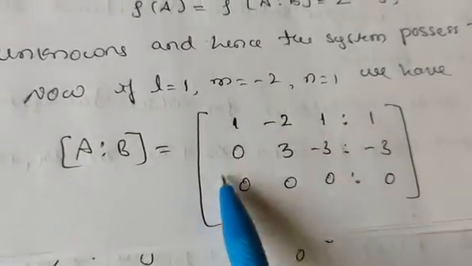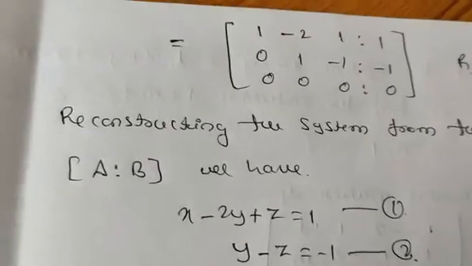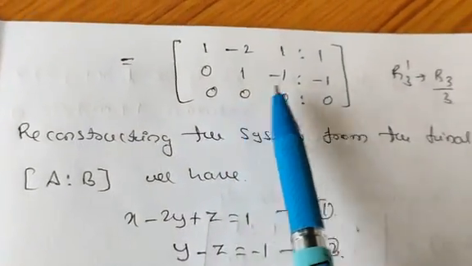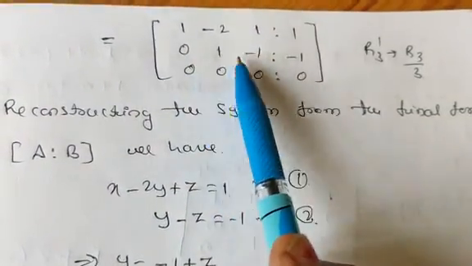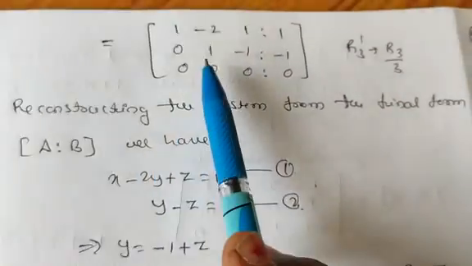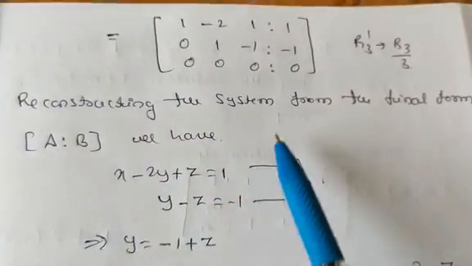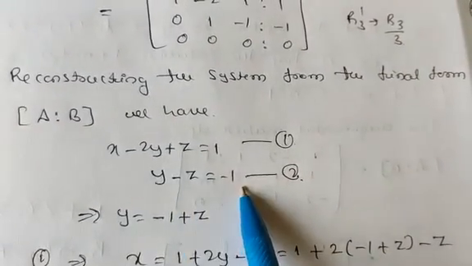Let us solve this example. You express this in terms of equations once again. The second row contains terms with 3, let us divide it by 3. So it becomes simple: 1, minus 2, 1, 0, 1, minus 1 and minus 1. Let us reconstruct the system of equations. It becomes x minus 2y plus z is equal to 1 and y minus z is equal to minus 1. So this second equation implies what here?